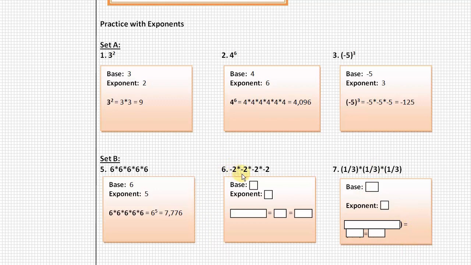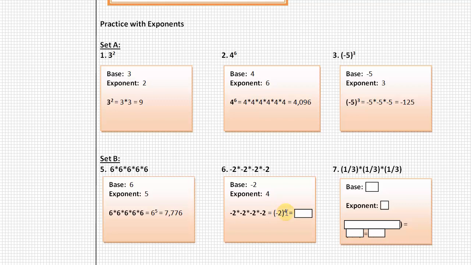So for -2 multiplied by -2 multiplied by -2 multiplied by -2, I would say that our base number is going to be -2. And looking up here at how many times it's being repeatedly multiplied, I would say our exponent is 4. And here I'm just taking that original problem, -2 multiplied out repeatedly 4 times. What would that look like in exponential form? If you wrote -2 as the base and 4 raised above that as an exponent, I would agree, -2 to